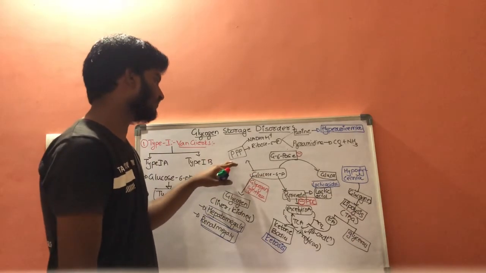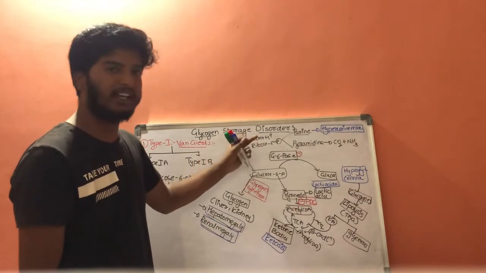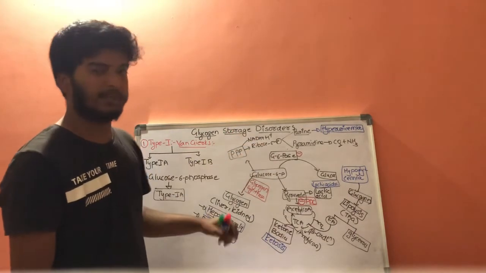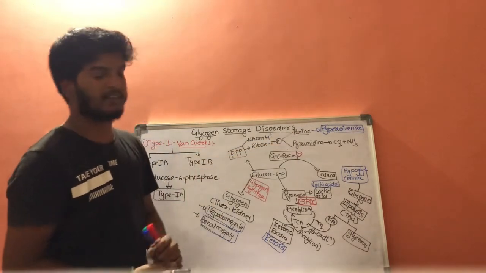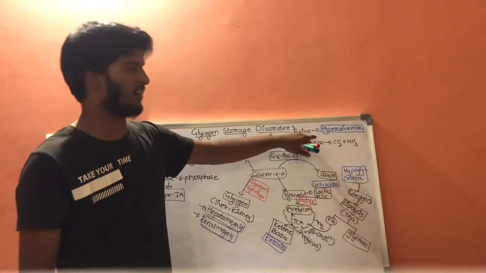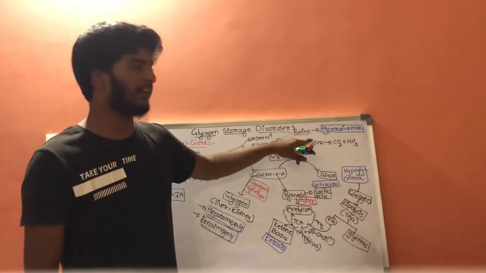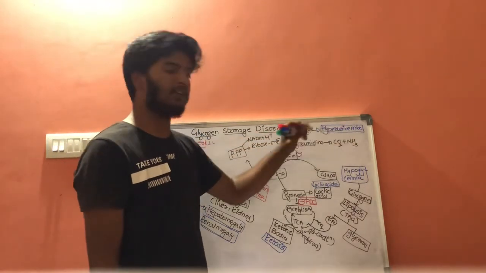And this glucose 6-phosphate will enter into the pentose phosphate pathway and results in NADPH plus ribose 5-phosphate. Now this ribose 5-phosphate will result in formation of purines and pyrimidines. If there is an increase in purine quantity and it undergoes degradation, the end product of purine degradation is uric acid, and an increase in uric acid results in hyperuricemia.